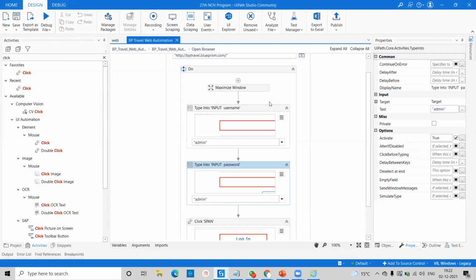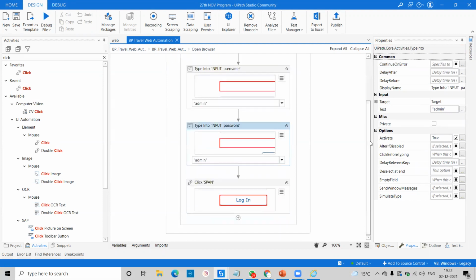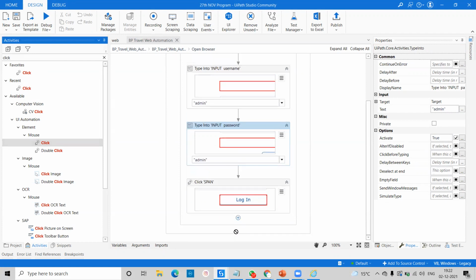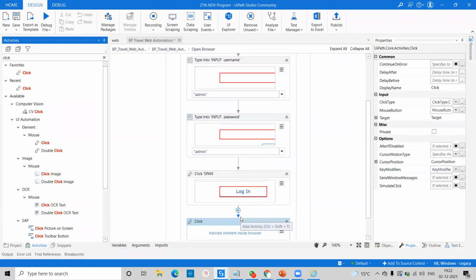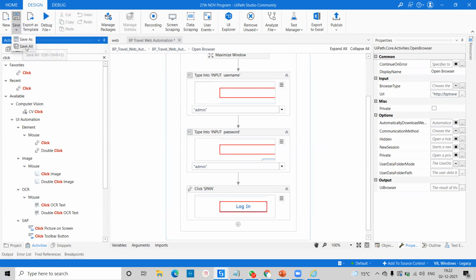Okay, so what to do right now, if you come here again, I will tell you one thing. After every activity, in the end you have to press Control S. Here we are getting this star. Star means whatever program we have developed till now is not saved. So always press Control S, or you can use the shortcut Control Shift S, or click on Save All.